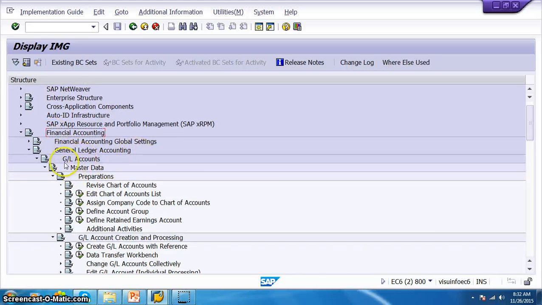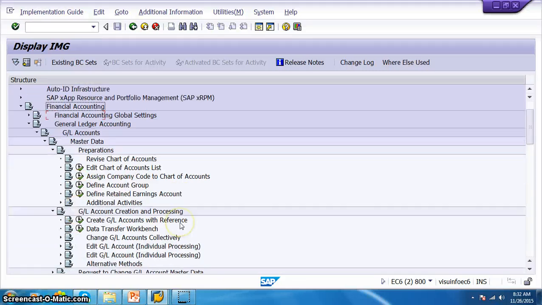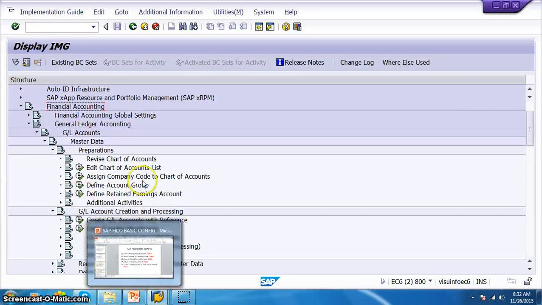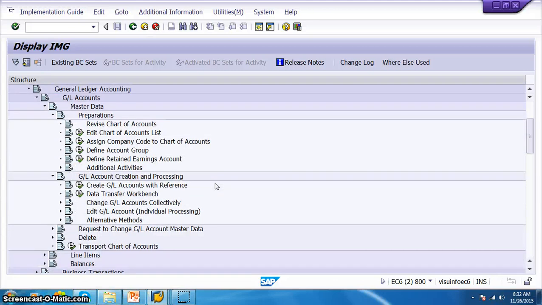In that we have GL accounts, master data, preparations, edit chart of accounts list, I mean to say this defines account groups. So we can select it from here and do that, or we can go for OBD4. And we had just now done the retained earnings, so define retained earnings is here. We can just click this, or we can go to that particular respective transaction code. And then we have assign, then we have the field status variants.